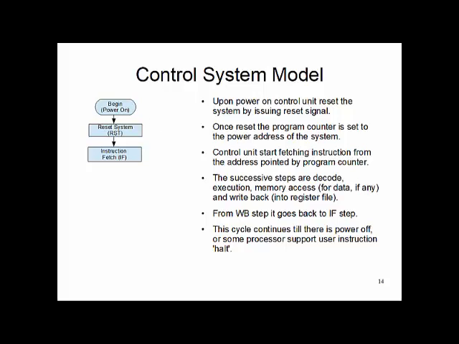So when we power on or reset the whole system, every register file, every memory goes to its reset value, which is usually 0, but not for the program counter. The program counter, even on reset, will be set to a predefined fixed value, and from there the very first instruction will be fetched. Once the instruction is fetched, the next step is called instruction decode, where the control unit chops off the different parts of the instruction